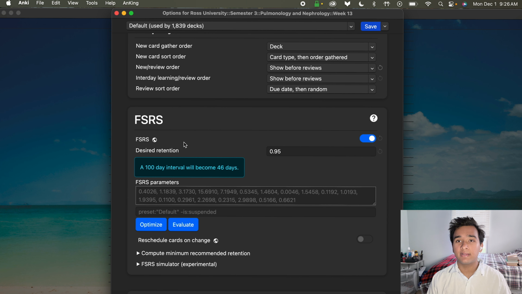And this FSRS is a somewhat newer feature in the Anki settings. I've heard from my friends who are high scorers that they love the FSRS feature. It's so good. I'll give a brief explanation right now. Essentially, with the desired retention at 0.95, the 100-day interval is done over less time than 100 days. It's done in 46 days. For example, if I change this to 0.97,